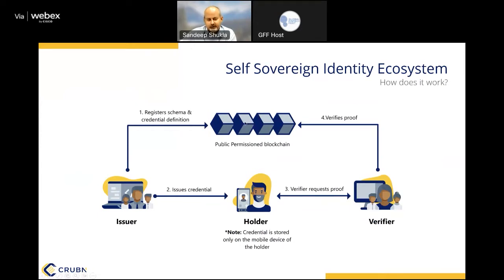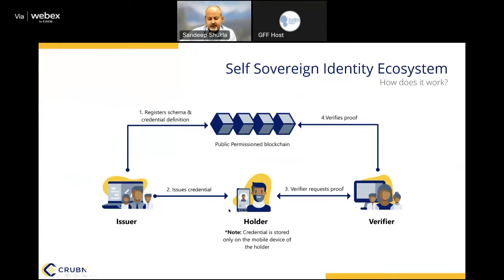This blockchain is governed by a number of different organizations. Currently, IIT Kanpur, IIIT Allahabad, NIT Rourkela, and IDRBT, etc. But it will actually be extended. The governance model for this blockchain will be extended to a large number of organizations so as to provide better security to this blockchain. Now, after it has registered its schema and identity schema and the public key, then it